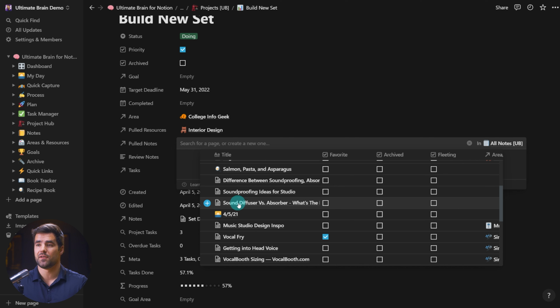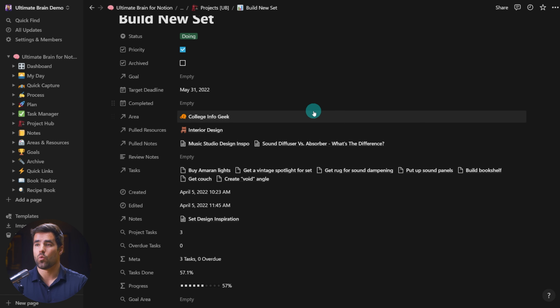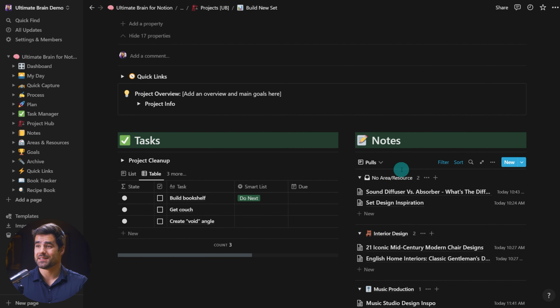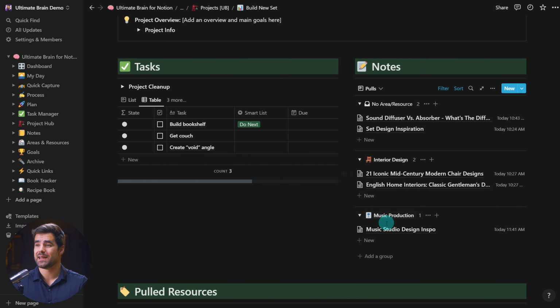And here it is, sound diffuser versus absorber. That's actually going to be quite useful for my studio redesign. Also, this music studio design inspo. I don't want to pull everything from music production, that entire resource, but I do want to pull these two notes. And once I do that, I can come down and see both of these notes have been added to